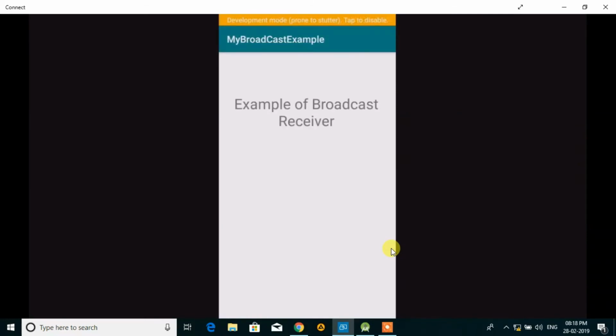Now you see the answer: example of broadcast receiver. When I disconnect the charger, it automatically says power is off. When I connect the charger to my mobile phone, it says power is on. I am not doing anything, just automatically by removing the charger it says power is off, and when I insert the charger it says power is on, because it's a broadcast receiver.